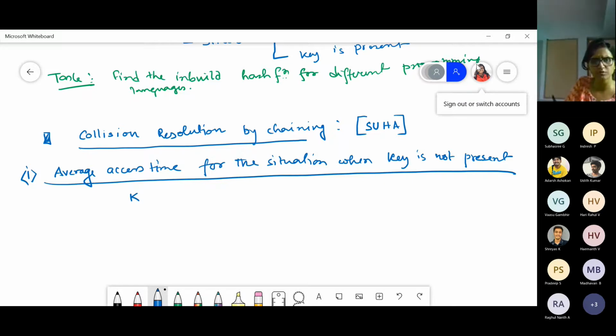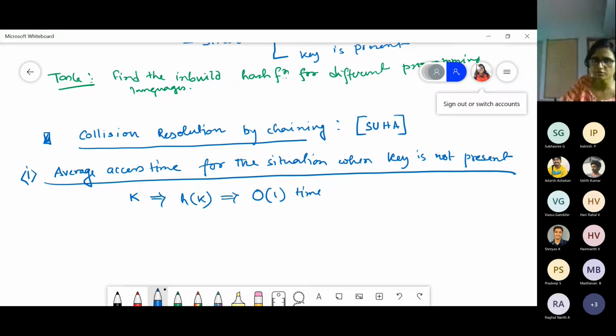First I have to compute the hash key values. So for this k, I have to compute h of k. This will take order of 1 time, just for computation, right? So after computing this, what I have to do? I have to directly go to this particular location.